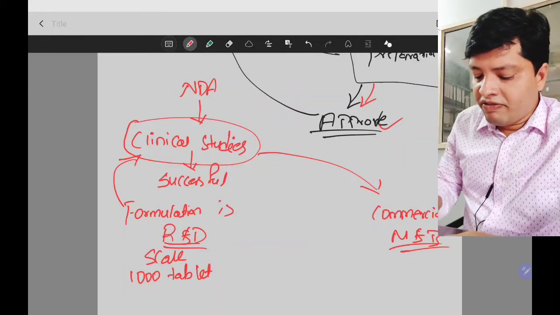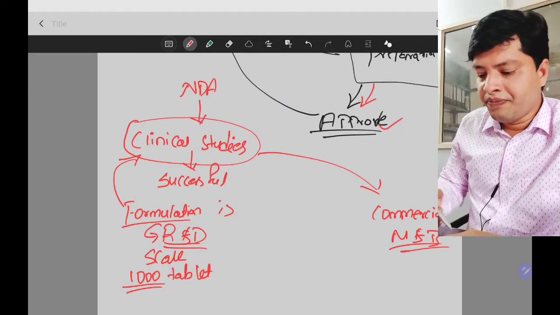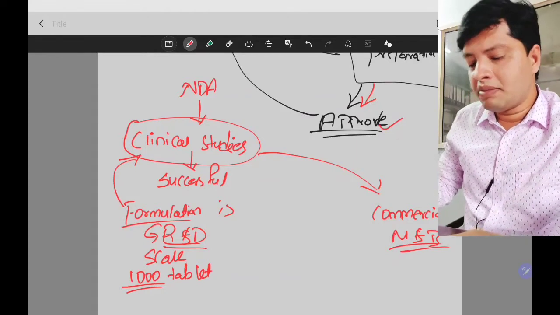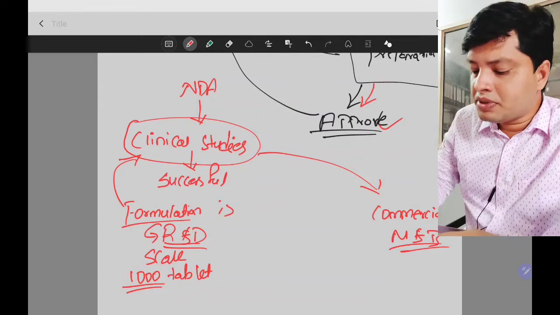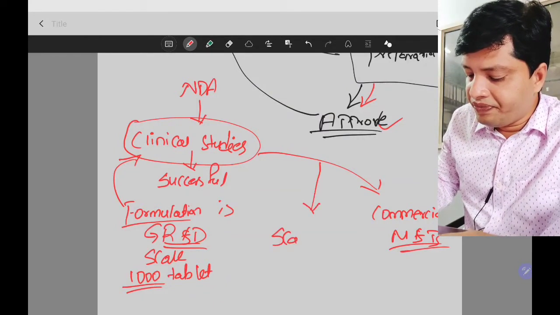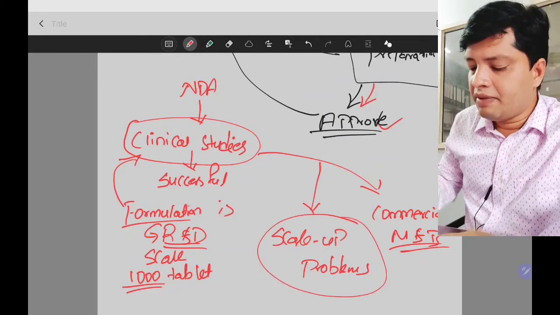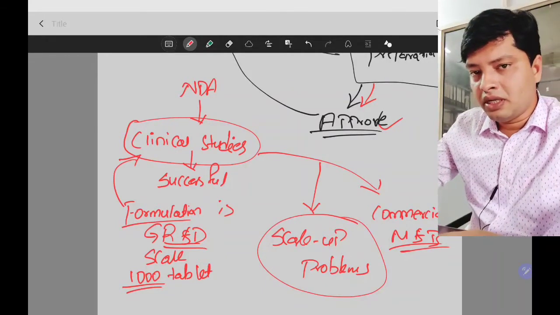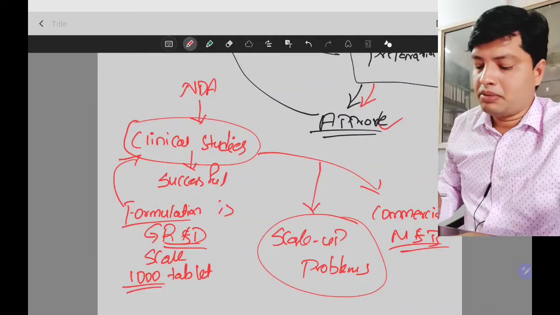So obviously whatever the formula is there, that formula is suited for your R&D scale, that is 1000 tablets. Suddenly if you are going for the commercial scale, what happened? There are some problems which are going to be faced. Those problems we call scale up problems, because you are scaling up from R&D to commercial. There will be some problems, we call them scale up problems.